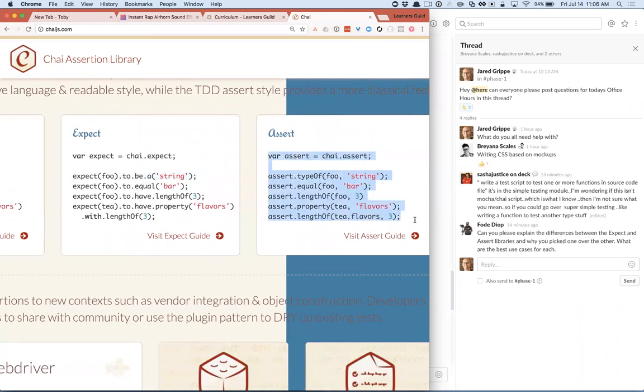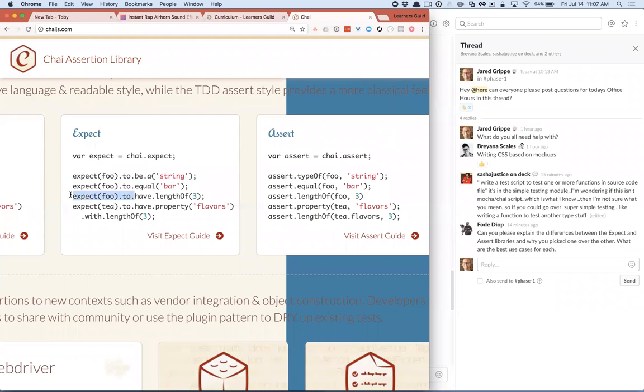This assert version is pretty similar in that all of the logic around asserting things and making sure that things are working the way that we want in our tests is all in one place, right? So the difference between these two is this one uses chaining, right? You can say expect foo to be a string, and I think they even have more flexibility where you can say expect foo to be a string and to not be a number and to have length greater than blah, right? I think you can chain assertions, right? So there's a chaining thing here that I really like.